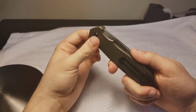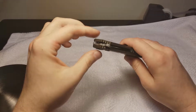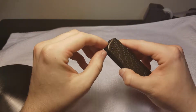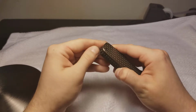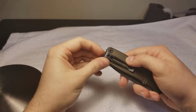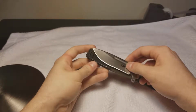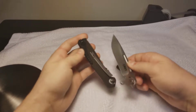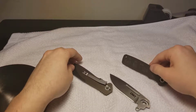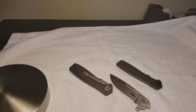The first thing you do is you want to close it, then you pop this lever that pops this top part open. Then you have a little spinning gear back here, and you want to spin that off, and then your knife comes apart. You can clean it, and if you got dust or anything like that, you can get all that stuff out, which is pretty nice,